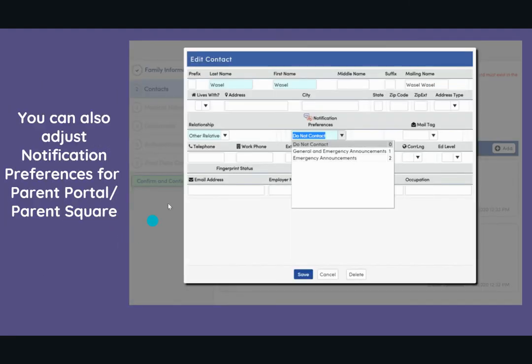When you do click on that pencil, it opens up this new screen, and you can click on delete if you want to remove them. You can update any of the information that is in here. You can also adjust